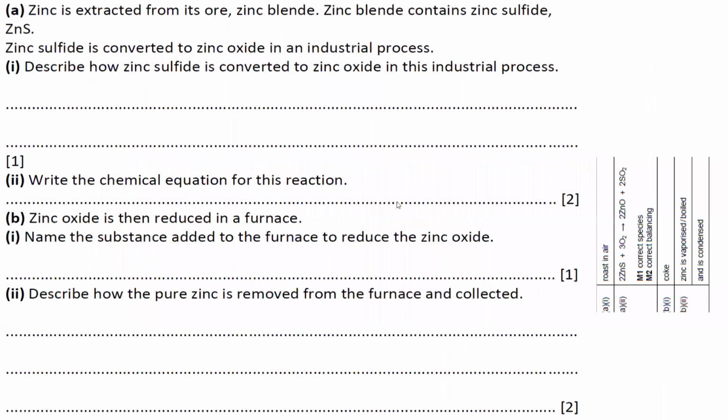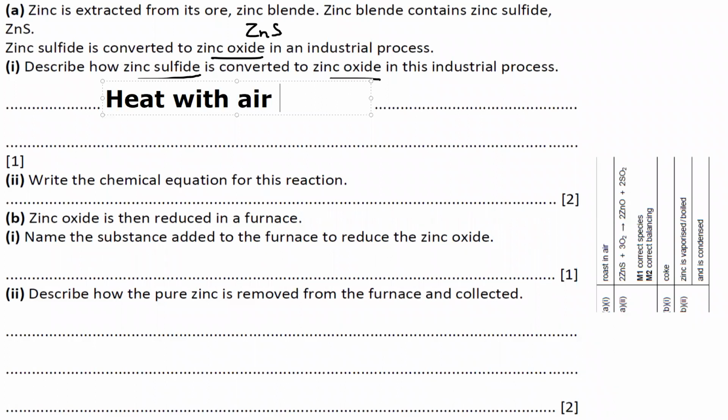So now some questions related to zinc, as we already discussed the extraction of zinc. The first question is, zinc is extracted from its ore, which is called zinc blende. Zinc blende is basically zinc sulfide, ZnS. Zinc sulfide is converted into zinc oxide. Describe how zinc sulfide is converted into zinc oxide. So how do we convert zinc sulfide into zinc oxide? What we can do is heat with air, or you can say oxygen, or you can also say roast in air,